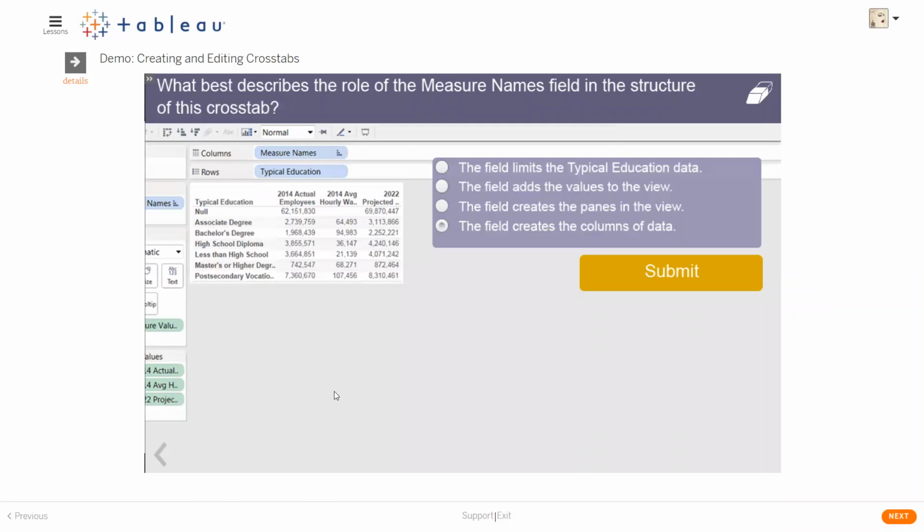Okay, we're done. So I hope that was a very easy intro to crosstabs. We saw how to create a crosstab. We create a crosstab with at least one measure and one dimension. We start by dropping one dimension and one measure. In any case, you can start by dropping the measure into the view, and then manually drop the dimension into rows, for example,